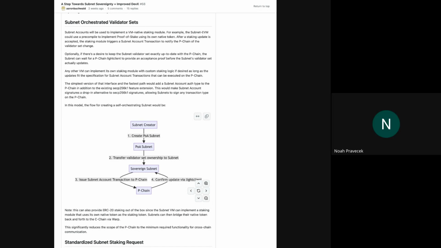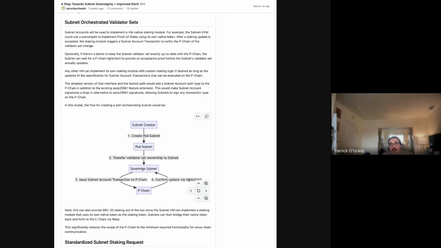I know that we're moving to pay as you go. I believe that's been voted on. I know that's planned out at some point. Is the subnet orchestrated validator sets going to happen at roughly the same time, or how's that all fitting in? I think of it all as one big related pie of all the different things here,